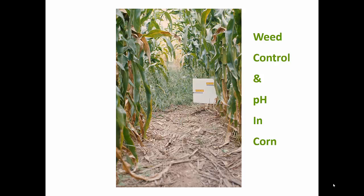This is a picture from Lexington where they were doing some phosphorus pH work. And you can see the alley between the two corn rows is pretty clean. They were not liming that alley in between plots there, and you can see how weedy it is. That was a broadcast application of atrazine. That pH was about 5, or it was about 6.5 in the clean corn. So, I mean, that's a great example of what your pH can do for